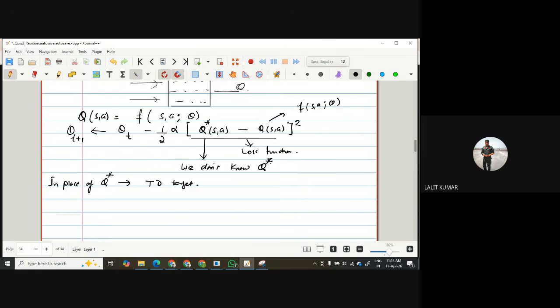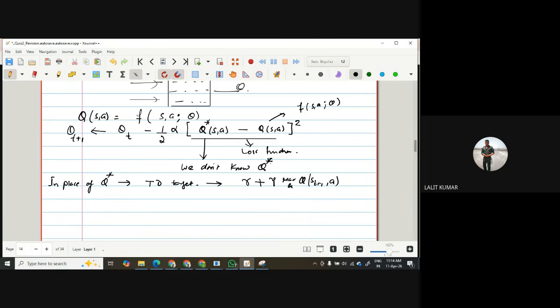Okay, and what is the TD target? TD target is reward. What is the reward we got here? Plus gamma max over A of Q(S_{t+1}, A). So this formula, which this becomes,